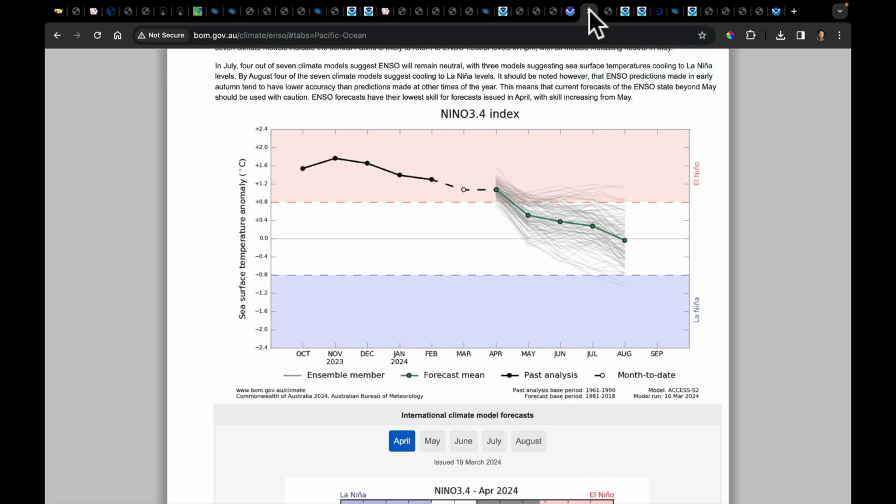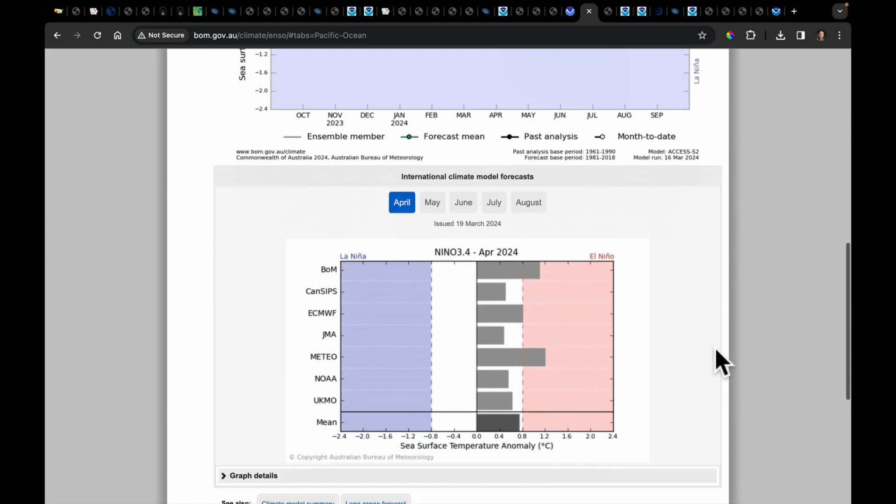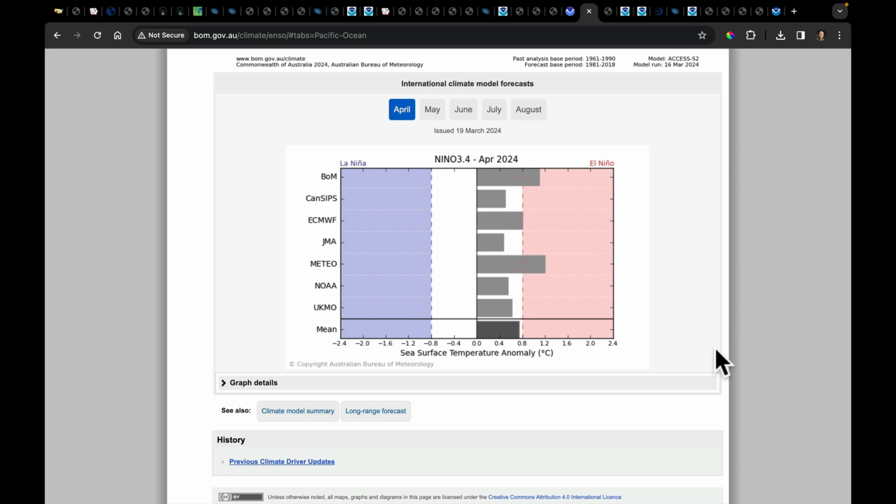And take a look at this. This comes from the Bureau of Meteorology. That is out of Australia. And this is their projection through August. They've got full-on into neutral. They're the least aggressive out of the large group of forecasting that happens at all these different locations, like the Australians, the Canadians, this would be the Europeans, this would be the Japanese, the French, the United States, and the British. That's where they all sit with ocean temperatures on the El Nino side of things now,